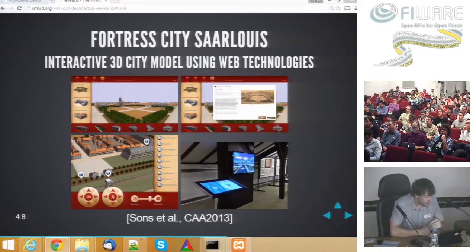Finally, there is the fortress city Saarlouis. So our research department is placed in Saarbrücken. Saarlouis is a city nearby, and as we are near the French border,